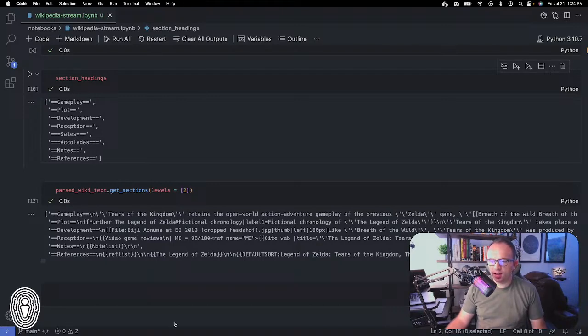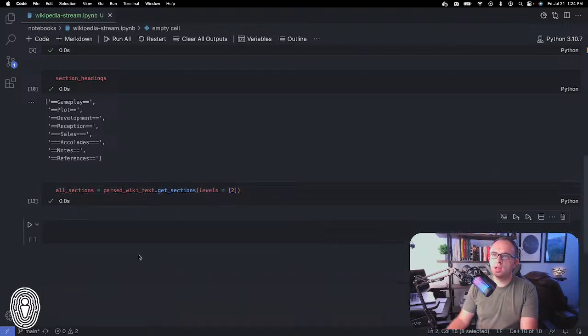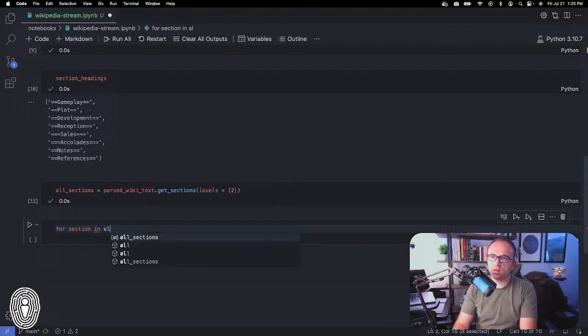So the reception section, all right, so all sections. Hold on, I want to make sure that I'm reading this correctly. All right, I was just reading my notes here. So I'm going to call this all sections. So this is all of our sections of stuff. I do want to note here, though, each of these things, well, never mind, I'm just getting ahead of myself. What we want to do is iterate through the sections: for section in all sections,